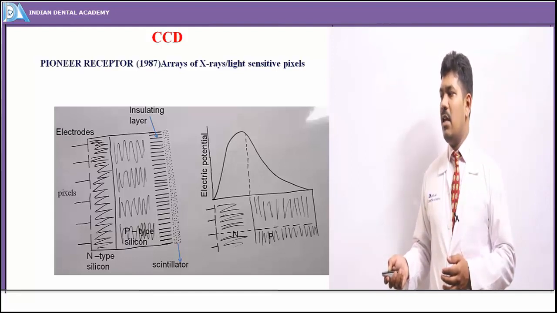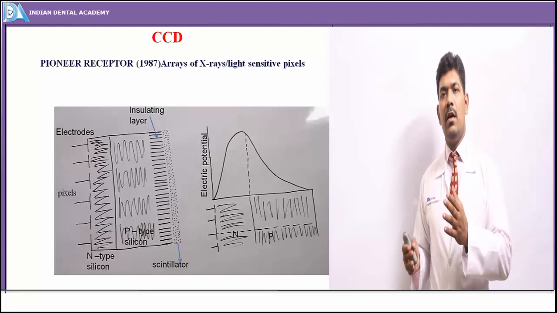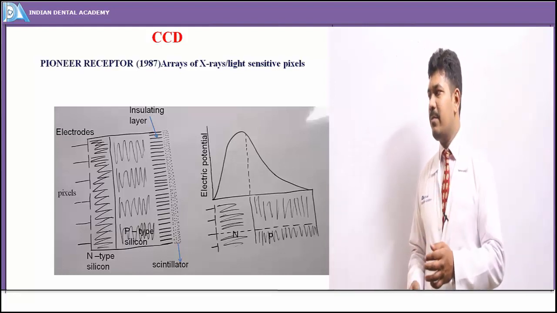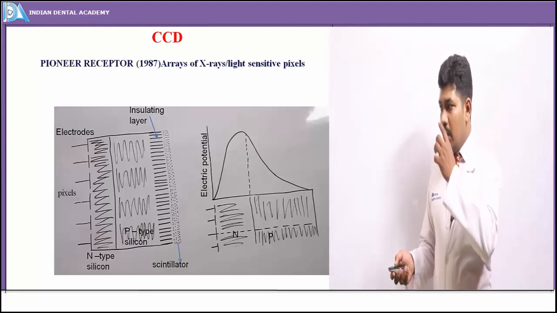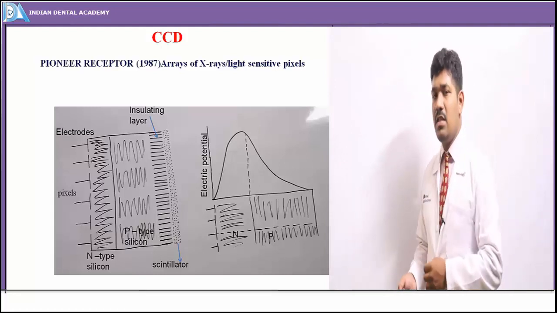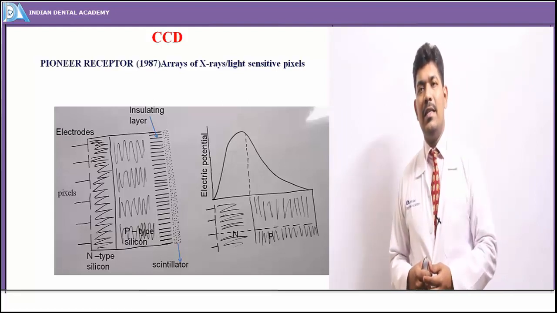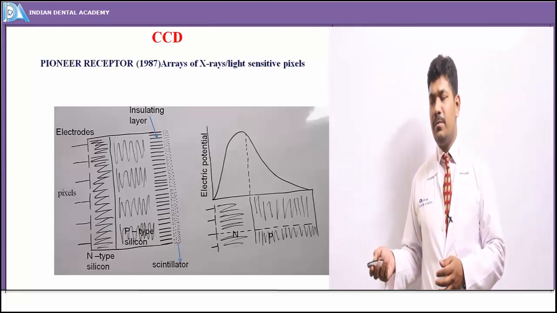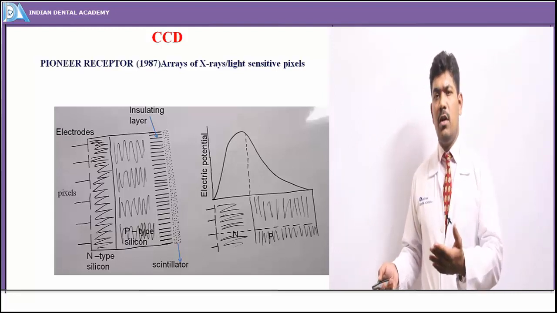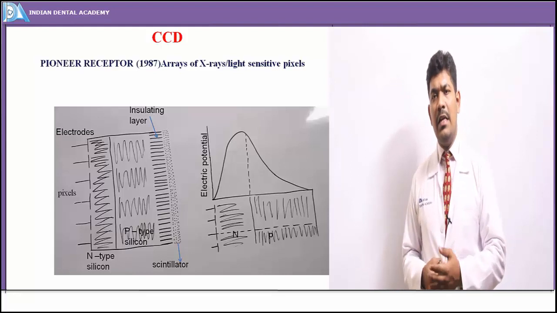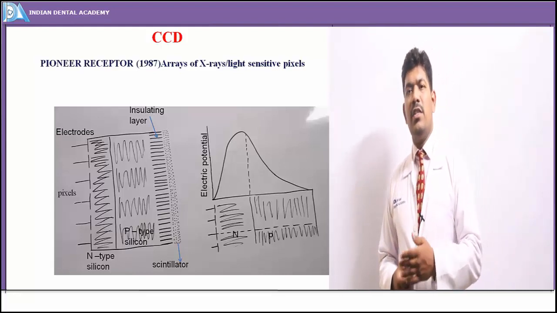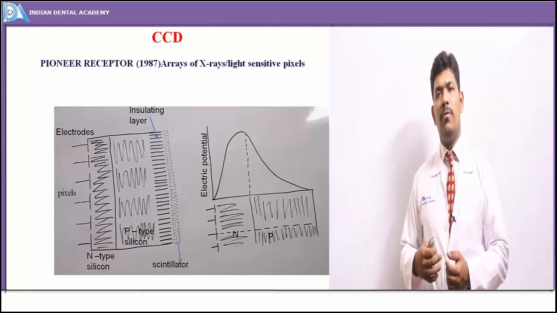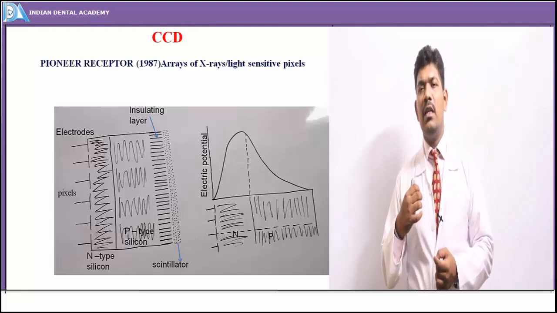Now the N-type and the P-type silicons are the basic crux of the CCD material or the sensor. Now we have the insulating layer, and we have the scintillator, which is receptive to these X-rays and converts them into light signals. So this is basically a phosphorus material. Normally the most commonly used scintillator here is gadolinium oxybromide, which is a rare earth metal. So these metals have the properties of absorbing X-rays and converting them into light